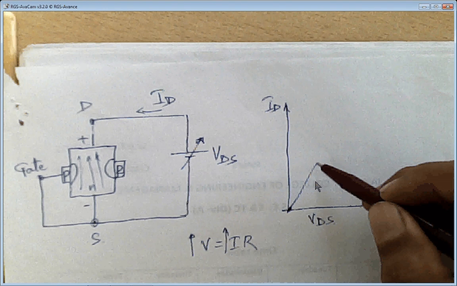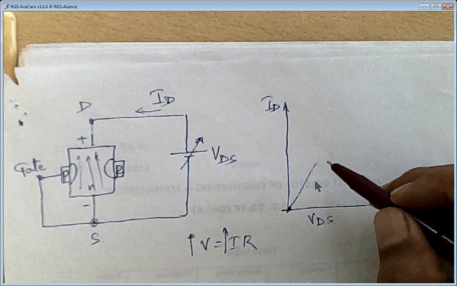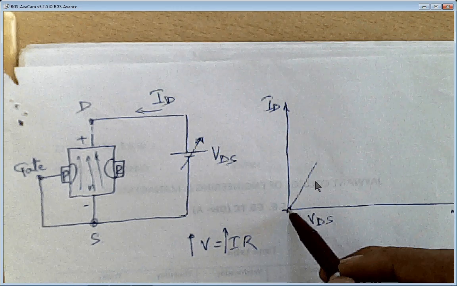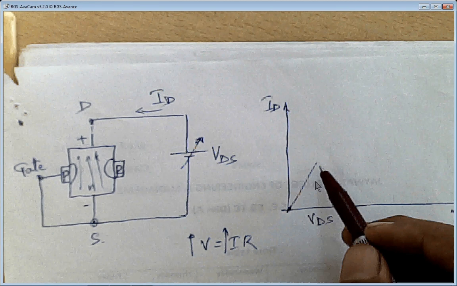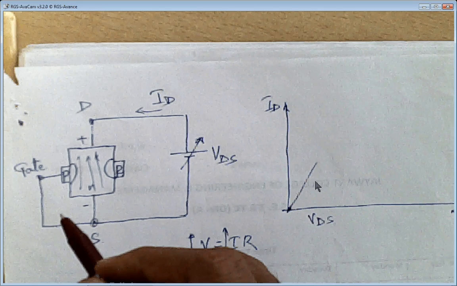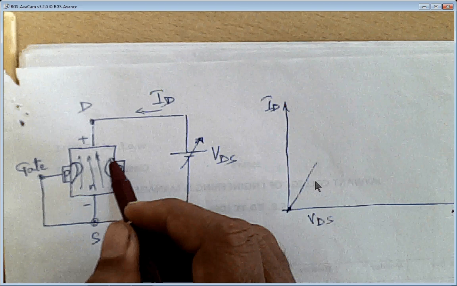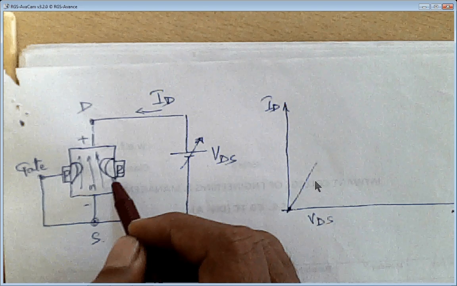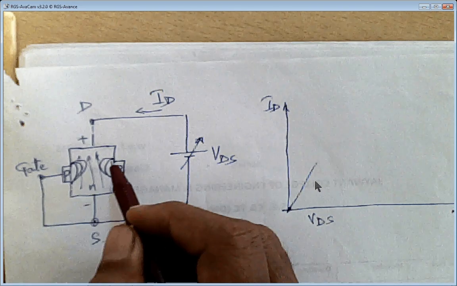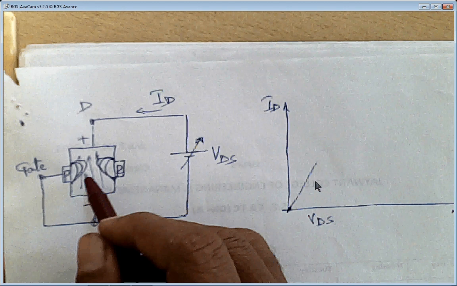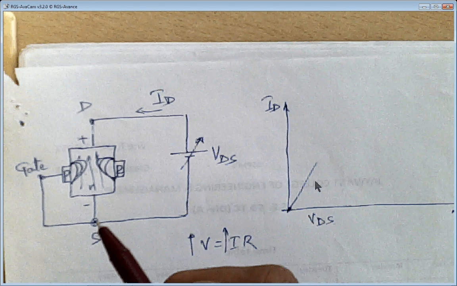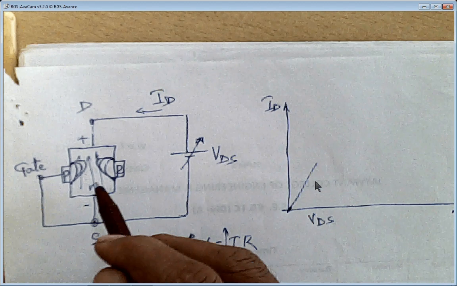Now after this point, what is happening? Let us see. When the current is increasing slowly, simultaneously there will be a rise in the depletion region. This depletion region will be increased and will be more towards the drain region. Why and how? All these things I'll tell you. First thing is that